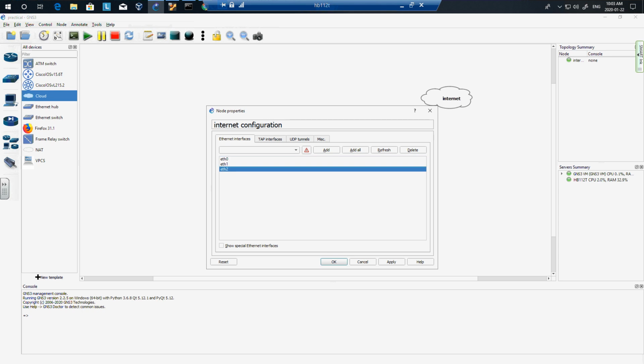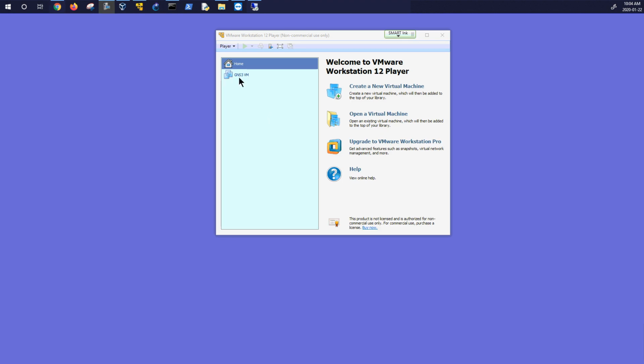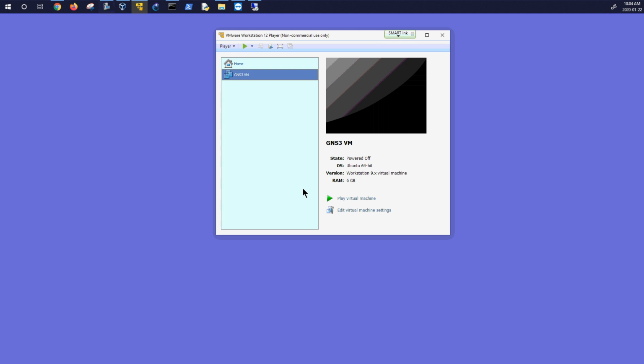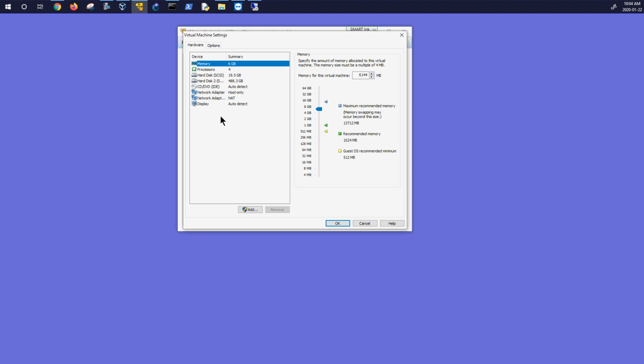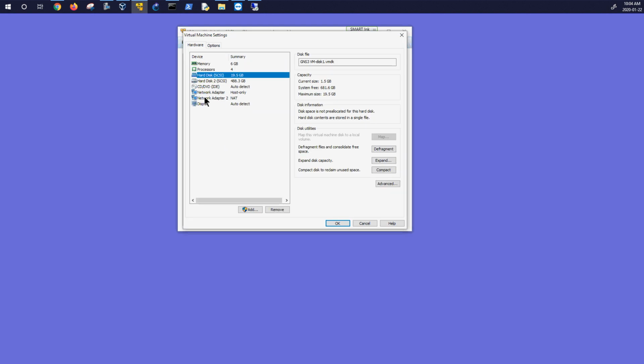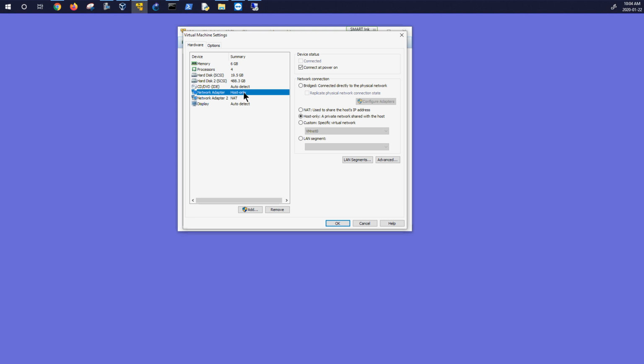In your VirtualBox, in your VMware, actually, what you need to do is, before opening GNS3, if it's open already, you need to shut down GNS3. You need to go to the GNS3 VM afterwards on the VMware Workstation. Right-click, open settings, and change the first interface, which is the network adapter host-only. You need to change it to bridge, or you could add one with this button, but it will prompt you